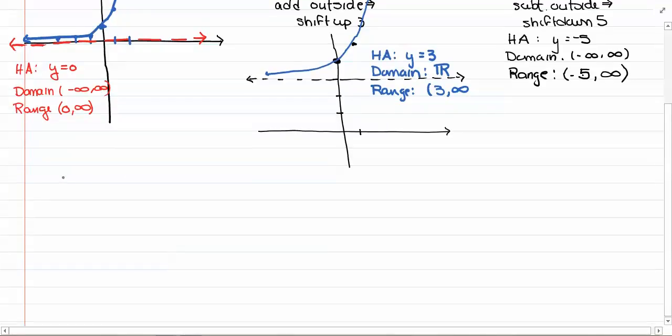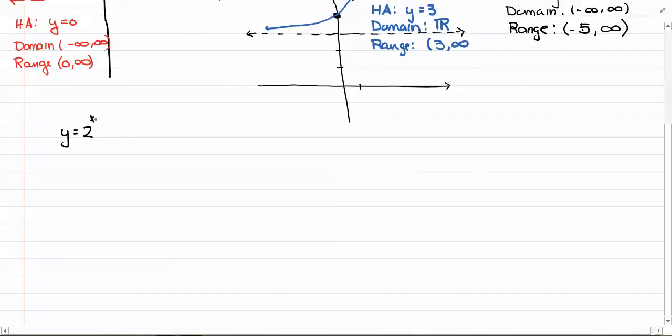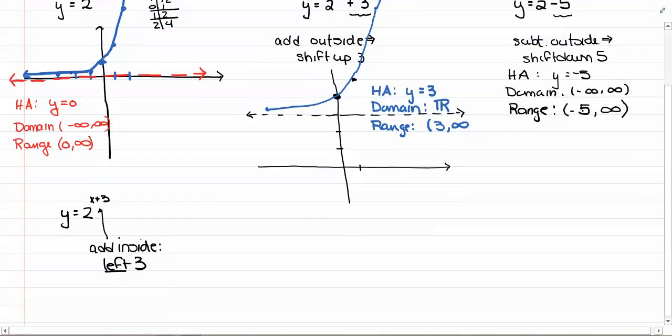So if I have y equals 2 to the x plus 3, inside the exponent. Well, if it's inside, so we're adding inside, that means we're going to shift either left or right, and if you're adding, it's going to go left 3. Remember, it goes in the opposite direction of what you would maybe naturally think it should go, but it's going to go to the left 3. So this entire picture is just going to shift over 3 units to the left